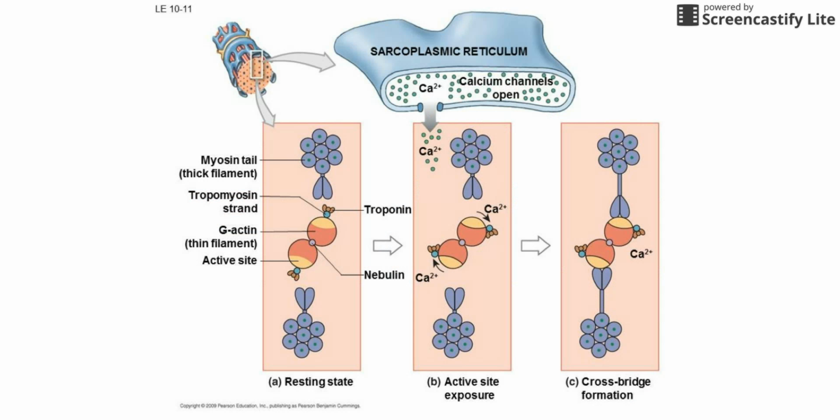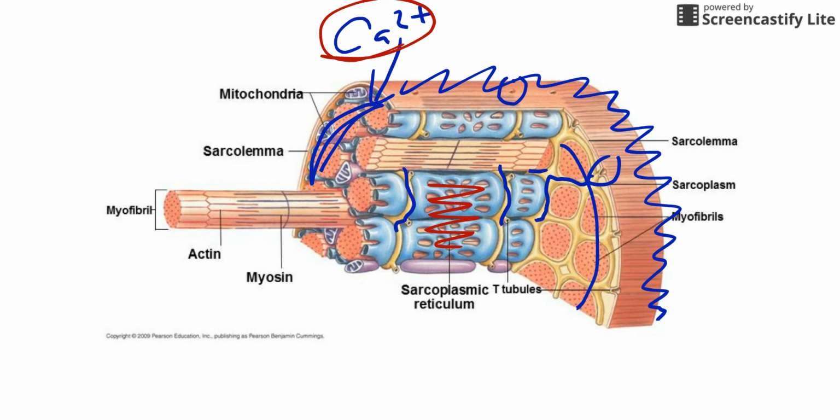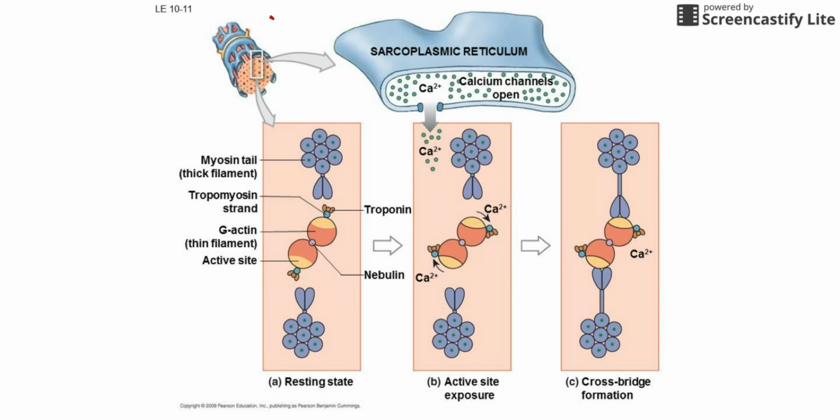The end result is kind of looking at the edge. So let me go back for one second. If you turn this around, this little piece right here is what we're going to look at. If I flip that around and turn it on its side, that's what you're seeing here. One myofibril with all the actin and myosin inside there, with the sarcoplasmic reticulum wrapped around it. So if you zoom in on the sarcoplasmic reticulum, which is what we're doing here, you see the calcium being